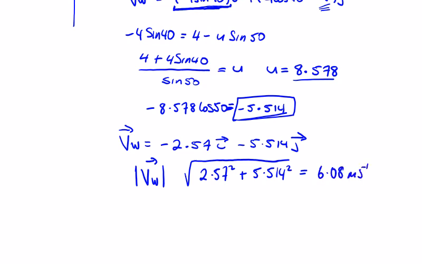That's the magnitude. For the direction, it's the tan of the y component over the x component. So the angle of the wind is the inverse tan of 5.514 over 2.57. And if we type that into a calculator,